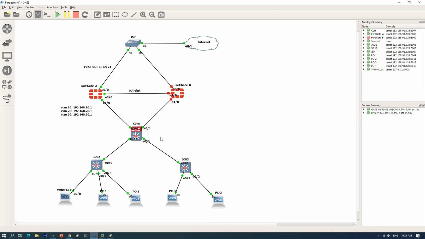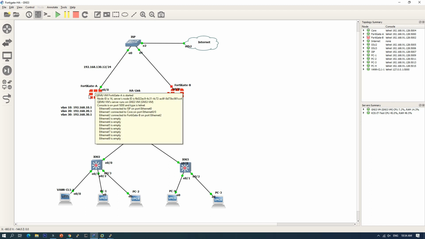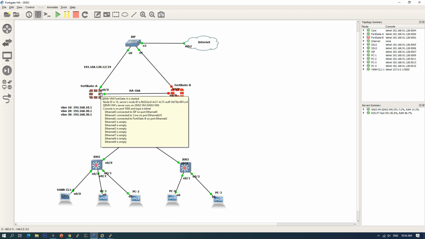Another thing, if this link goes down, FortiGate B also takes control to become the master and controls the network, even though FortiGate A is still alive but the link is down.